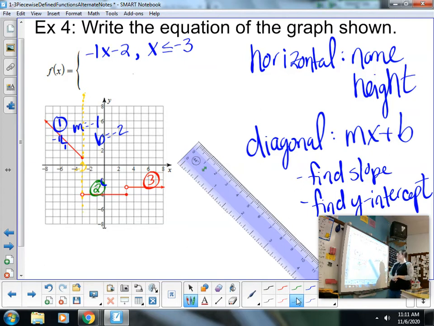Piece 2 is horizontal, a lot less work for that. We just name the height. So if we come down here, we can see my height, there's -1, -2, -3, -4 is the height that we are at. So that is going to be the equation part. Now we have to figure out the boundaries. Well, you can see here I drew in this one boundary at -3. We have another boundary